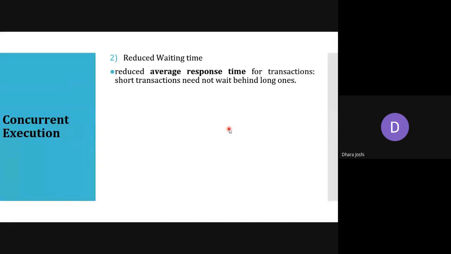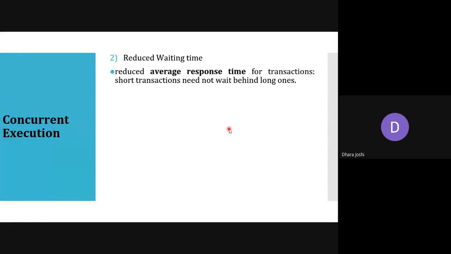So if this is a long transaction, and after that the next person in the queue just has to withdraw 2000 rupees from the ATM, he has a short transaction, but he has to wait for the first one if he is in the line. So if we are doing it in the serial way, each and every one needs to wait for the first one to complete.